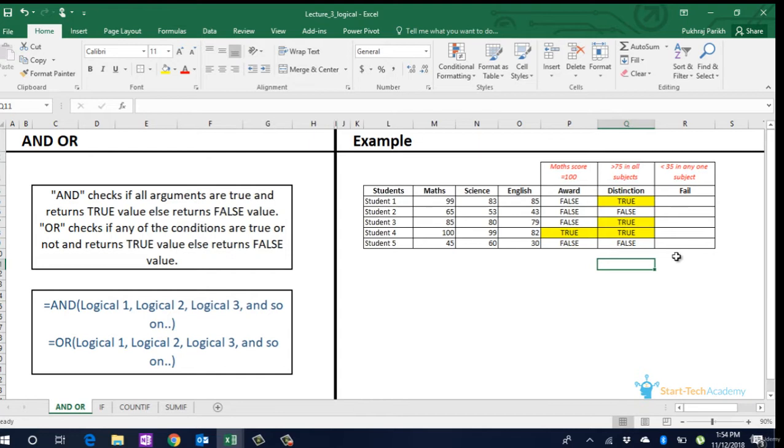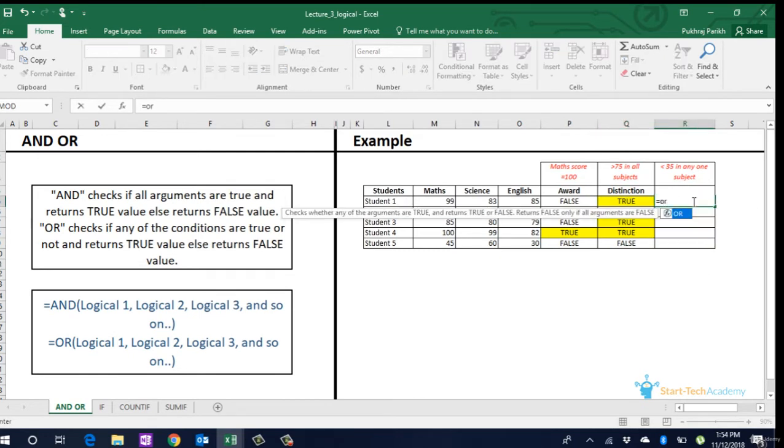If we want to check the truthfulness of any one or more of the arguments, we use OR. For example, if we want to identify students who have failed in any one or more of the subjects, we use is equal to OR and enter the three arguments.